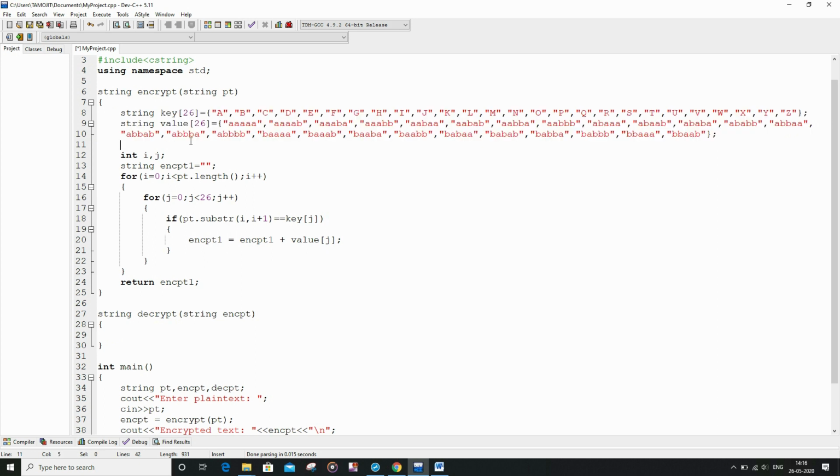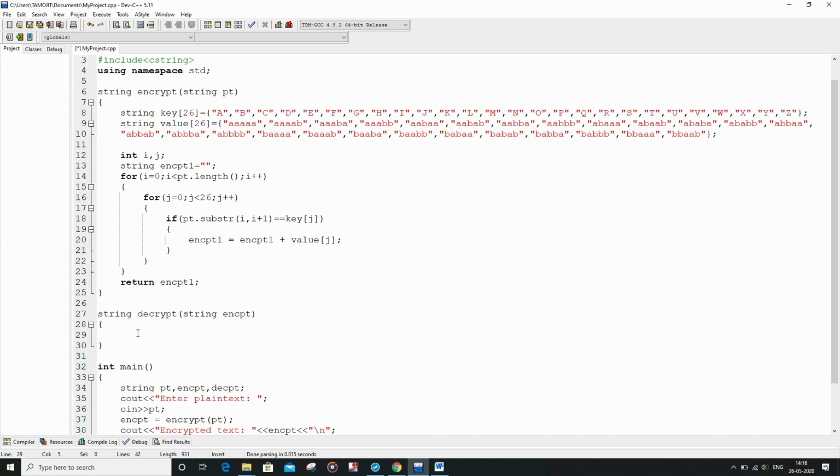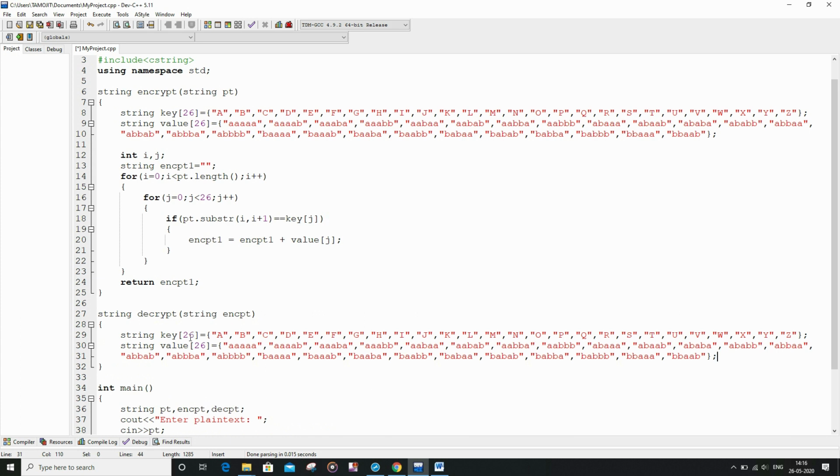For example, let me copy this first and let me paste here. So basically here the value will be consisting of the characters and the key will be consisting of the ciphers. So this will be value and this will be key. So it is mutually exchanged.